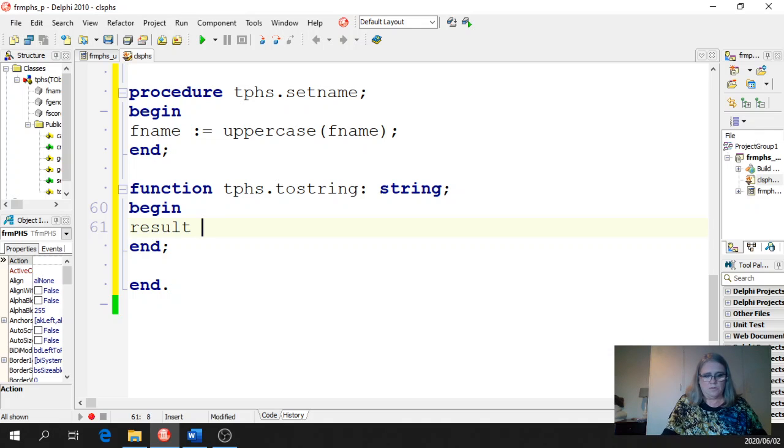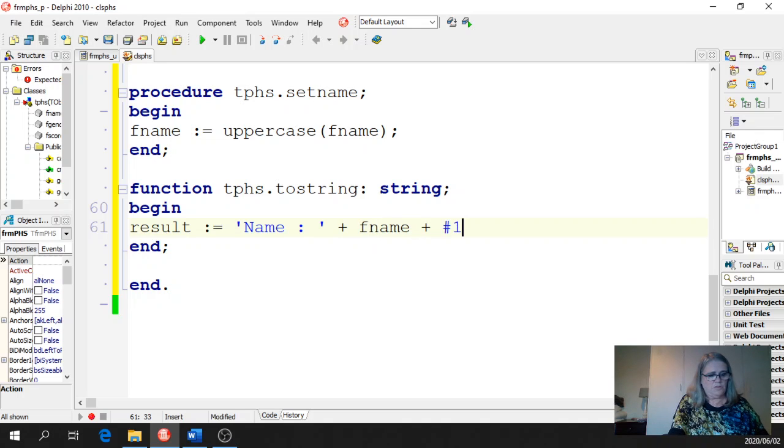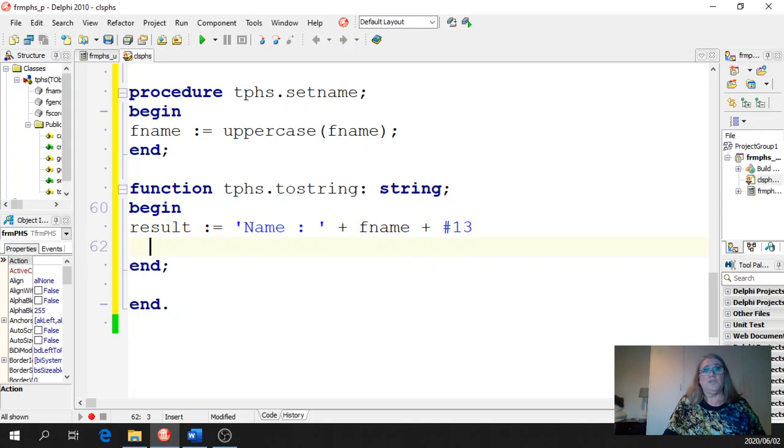Result equals name plus F name plus #13. I like to put on different lines, plus